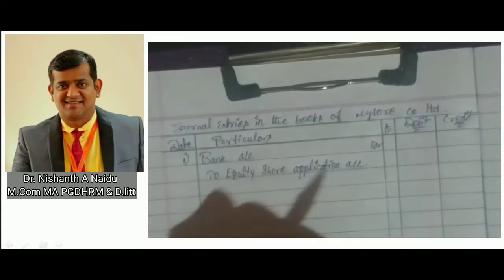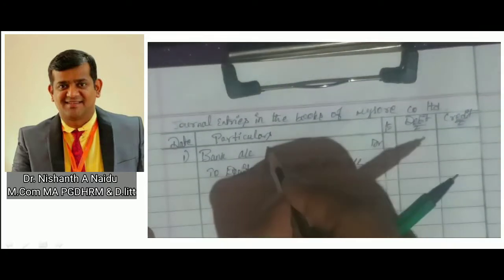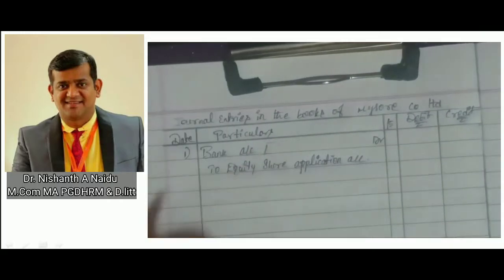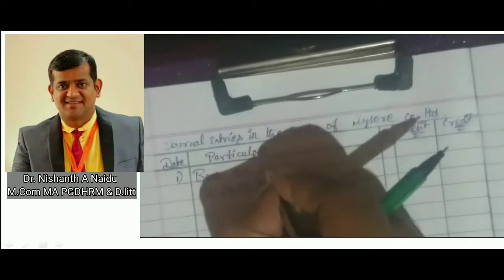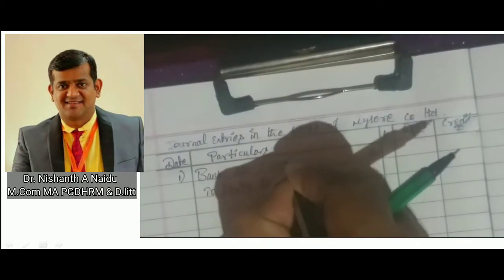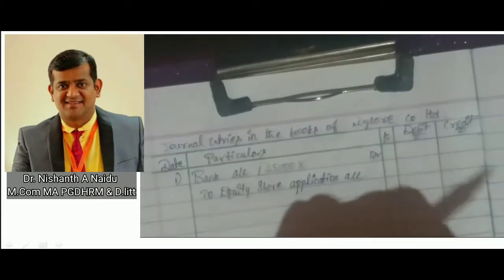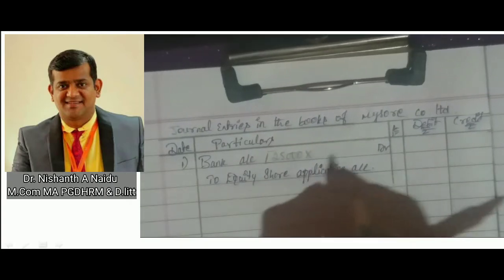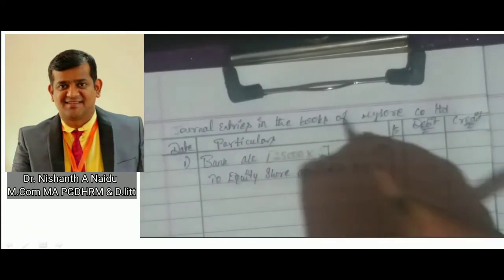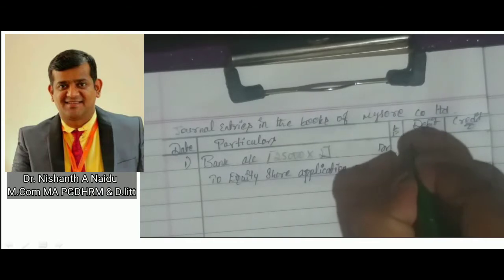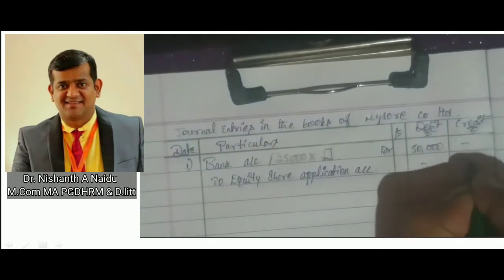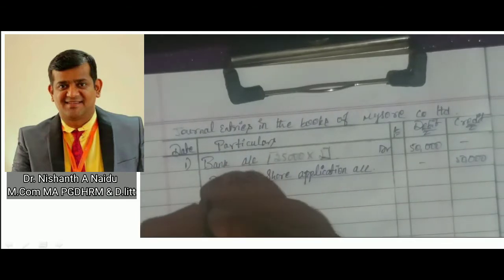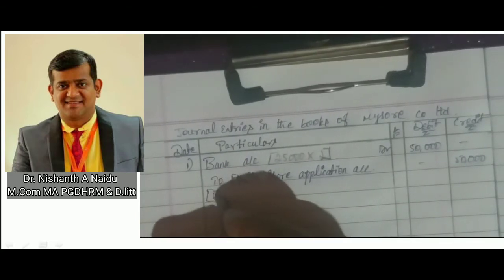Now you know the calculation, right? How many shares has the company issued? 25,000 shares. So I'm writing 25,000 into what is the application money they are collecting? Rupees 2. So 25,000 into 2 is 50,000. Okay, so the narration part being